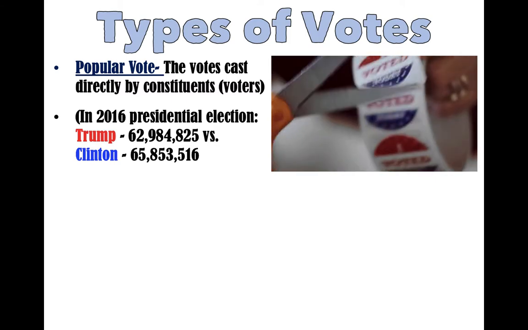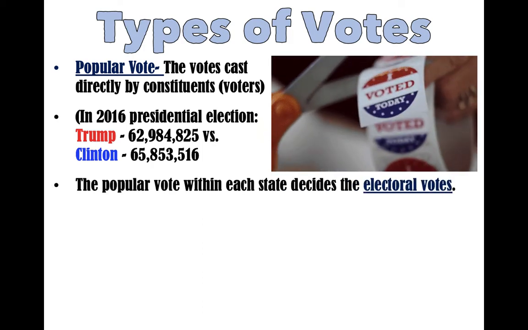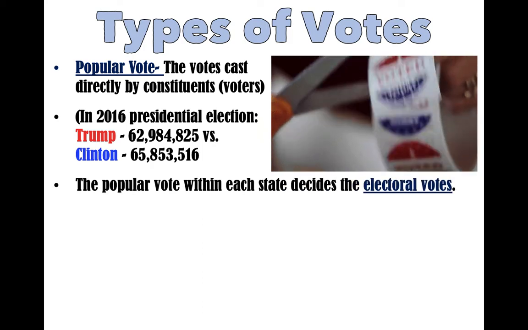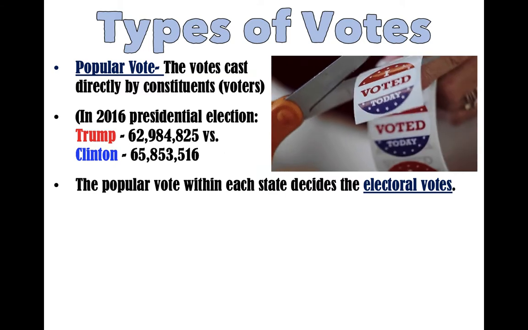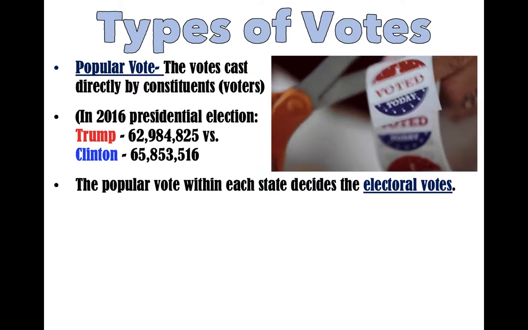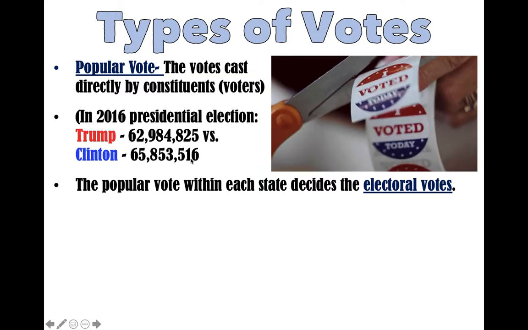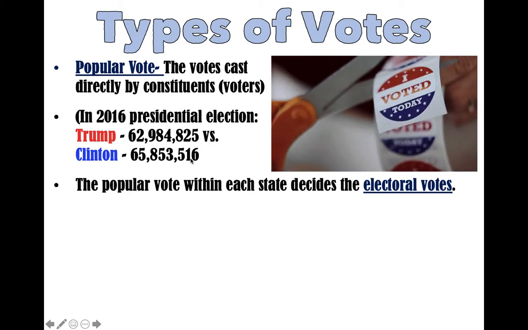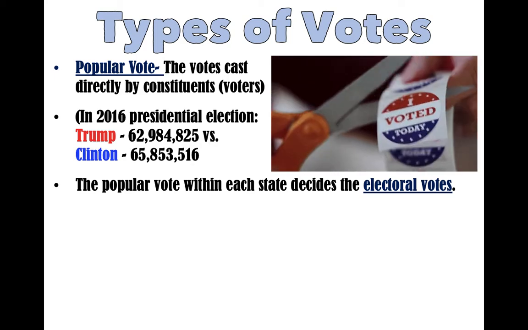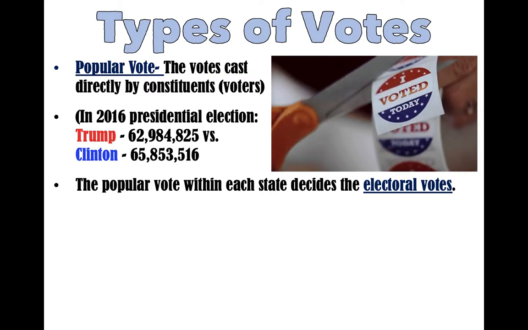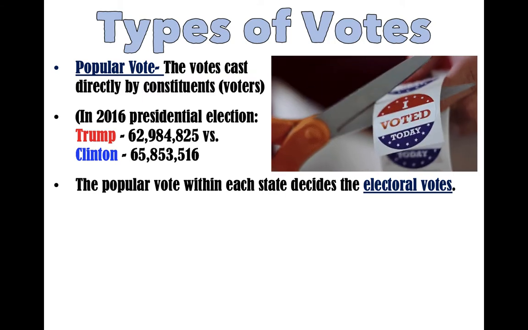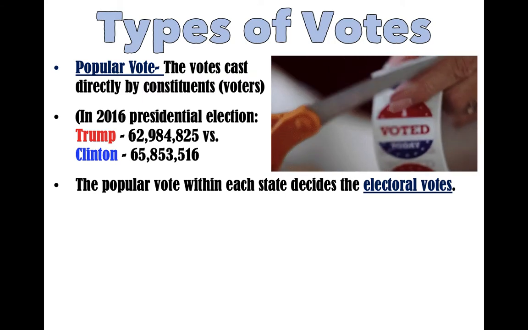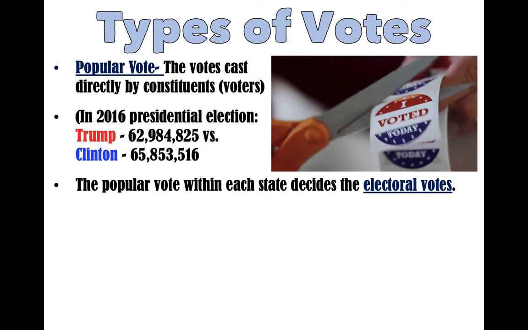And why did President Trump still win? Well, because of our electoral college. The popular vote within each state then decides the electoral votes. What this is basically summarizing is that in the really large cities, Hillary Clinton got a lot of support. However, across a broad spectrum of states, Trump got enough votes to win enough states